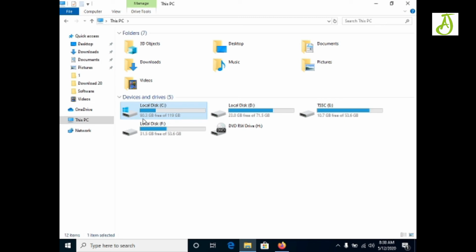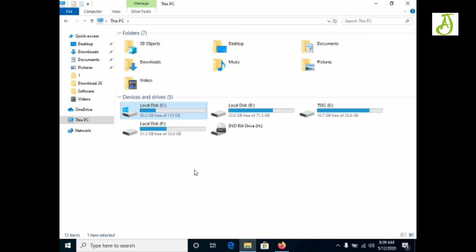It is telling us 90.3 GB free of 119 GB. That means I can have a quick look at how full my hard disk is, for the C drive, D drive, E drive, F drive, or the pen drive if I have connected one to my computer.